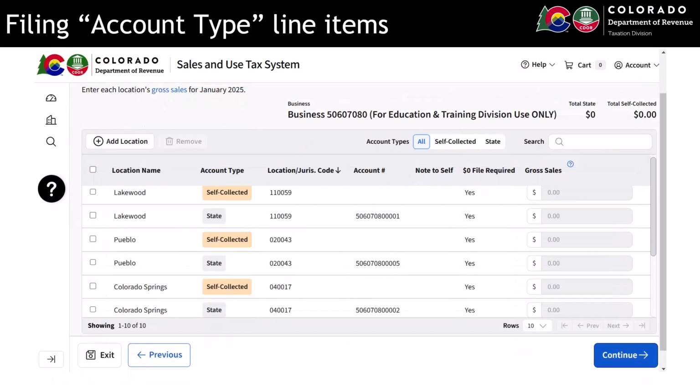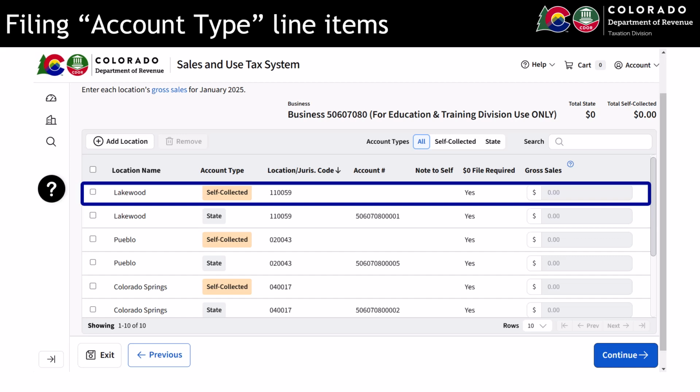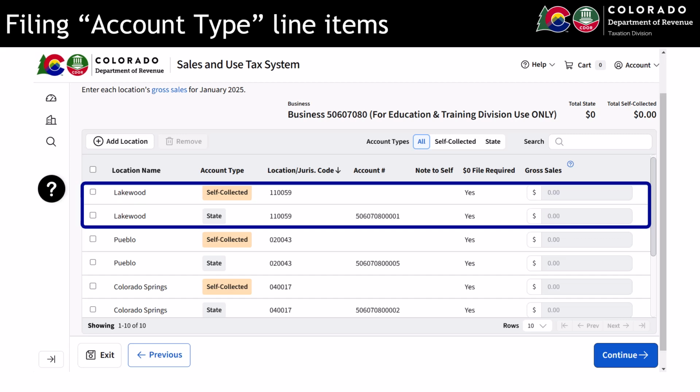Each Home Rule self-collected city location should have a corresponding state location for the same taxing jurisdiction. This is because of the total sales taxes for the taxing jurisdiction, the city collected portion is remitted to the self-collecting city, and the state collected portion is remitted to the state. For example, there is a state and self-collected line item for the Lakewood taxing jurisdiction, code